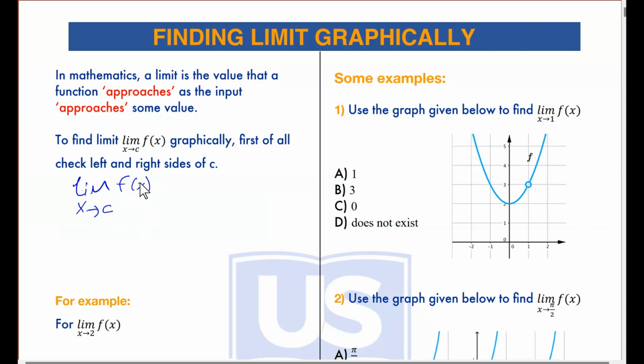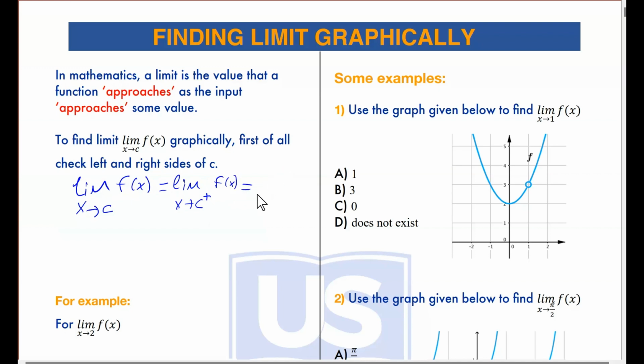As I said earlier, in order to have a limit, we should check the right and left side of the number that x is approaching. So we should have the same number from the right and from the left side. It means the limit as x approaches c of f of x is equal to, let's check the right side of the limit. We write the right side limit as the limit as x approaches c from the right, using a superscript plus on c, of f of x,